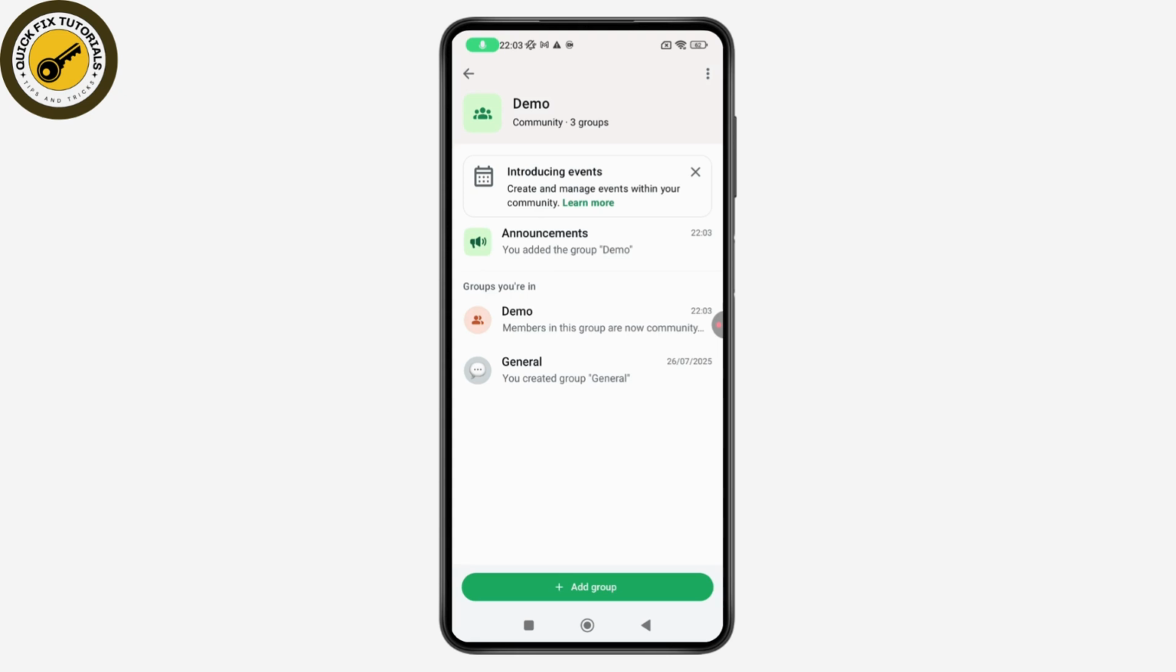And as you can see that the groups have been added to the community. In my community, I'll have 3 groups right here. So in this way, you'll be able to combine